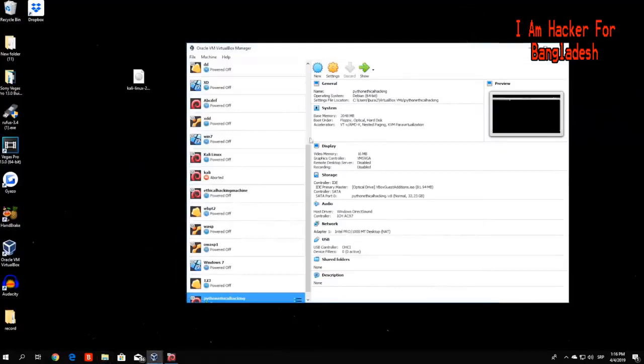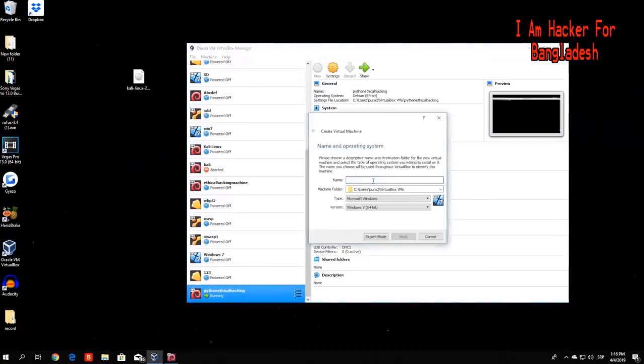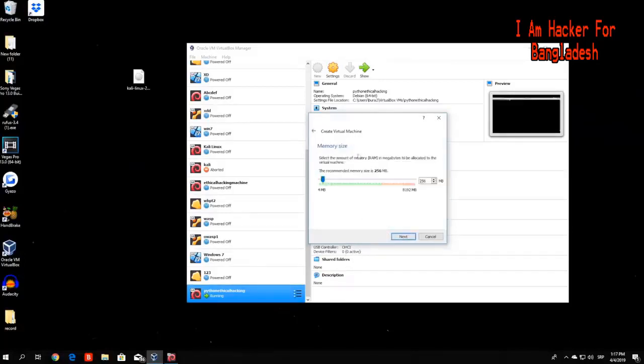So let me close this, and you can navigate and make a new virtual machine. Call it whatever you want. I will just call it Metasploitable, and make sure to make it Linux, and in the version of Linux, go down here and select Other Linux. Now I'm not really sure whether it's 32-bit or 64-bit, let's just leave it on 32-bit and click on next. As far as the memory size, 512 megabytes will be more than enough for this machine, so just select